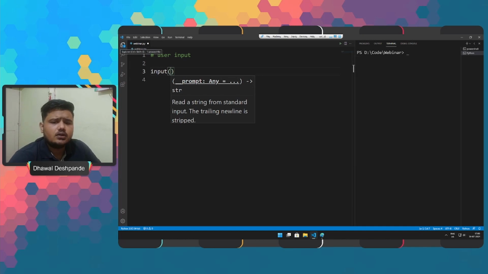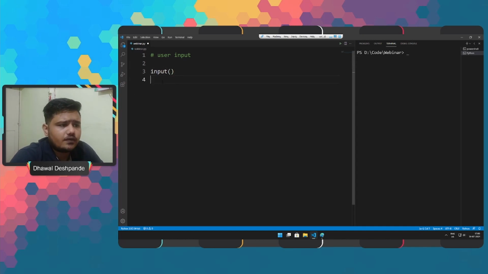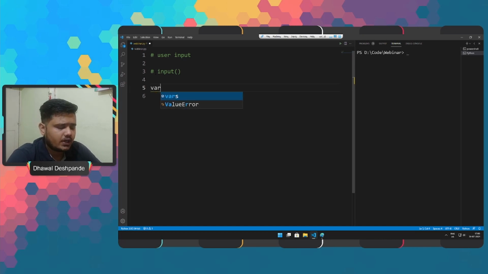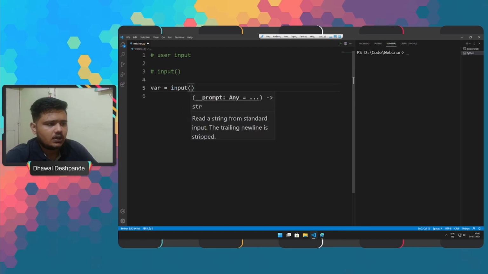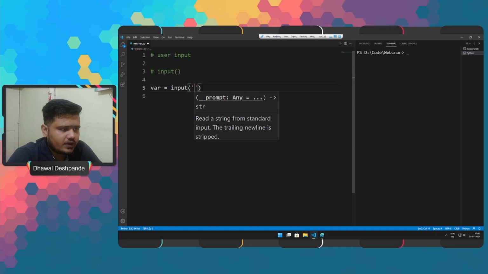And how do we use this particular function? For that, we assign a variable, right? Then we call the input function, and inside the input function we will ask for the user input.